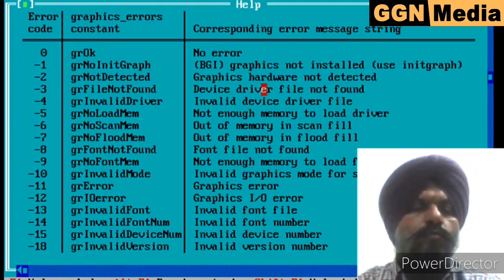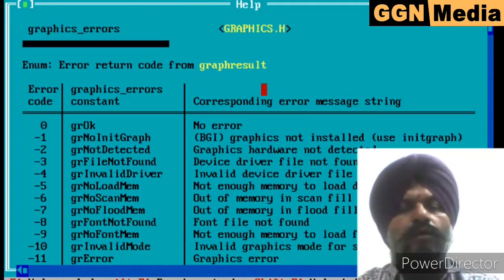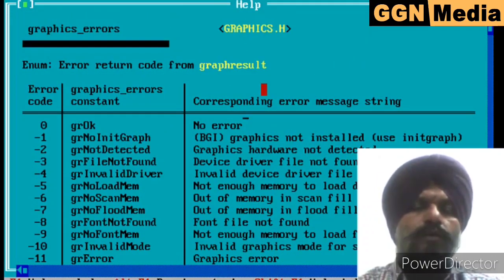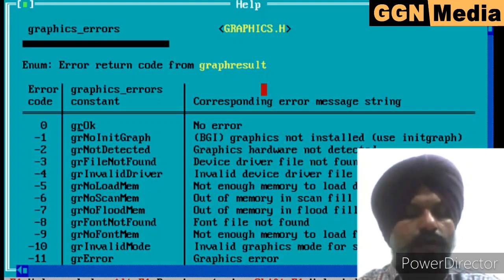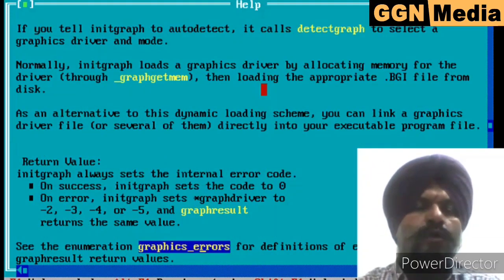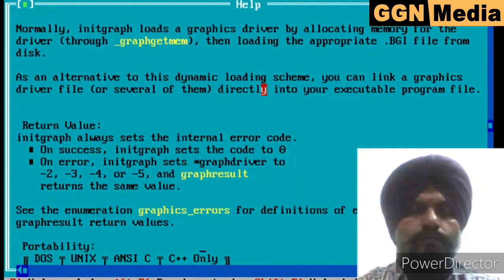There are approximately 18 errors which can occur when the initgraph function has been executed. We only have to check whether the value returned by graphresult is 0. If it is 0 or grOk, then our function has been successfully executed. Otherwise, we don't bother about the error; we generally say that an error has occurred and no graphic mode is initialized.